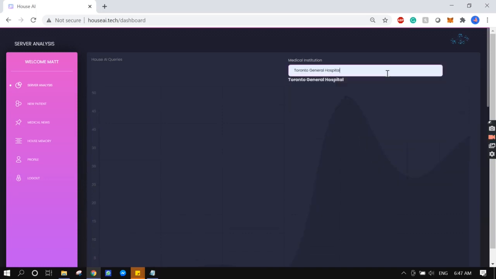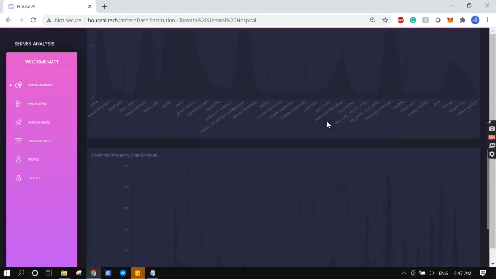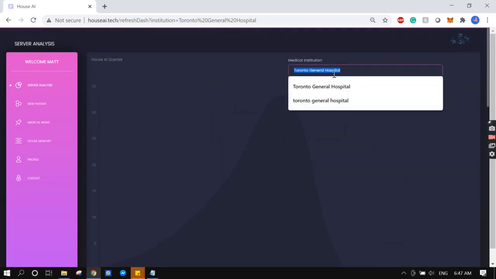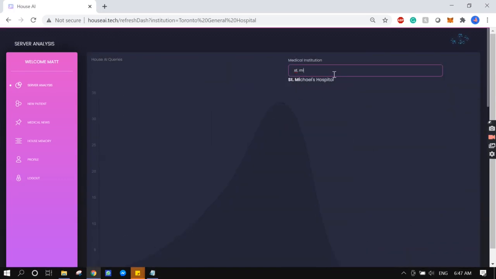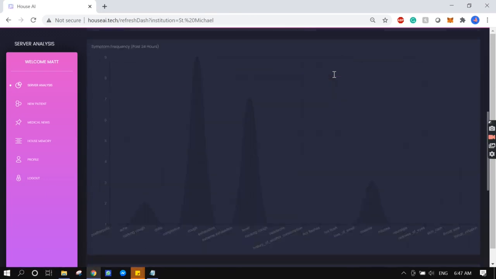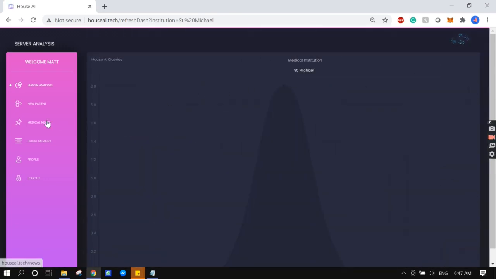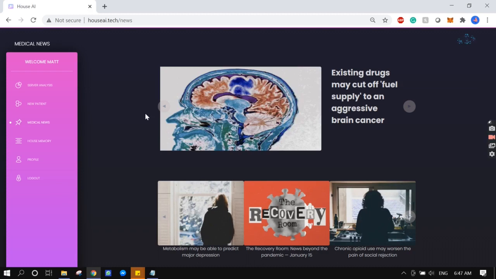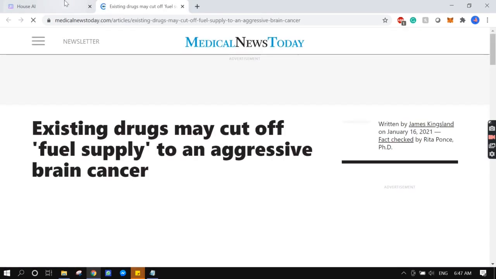Let's check Toronto General Hospital. This is the data on the Toronto server. Let's try St. Michael's Hospital. This is the data on St. Michael's. We've also built House to parse the latest in medical news from the web,